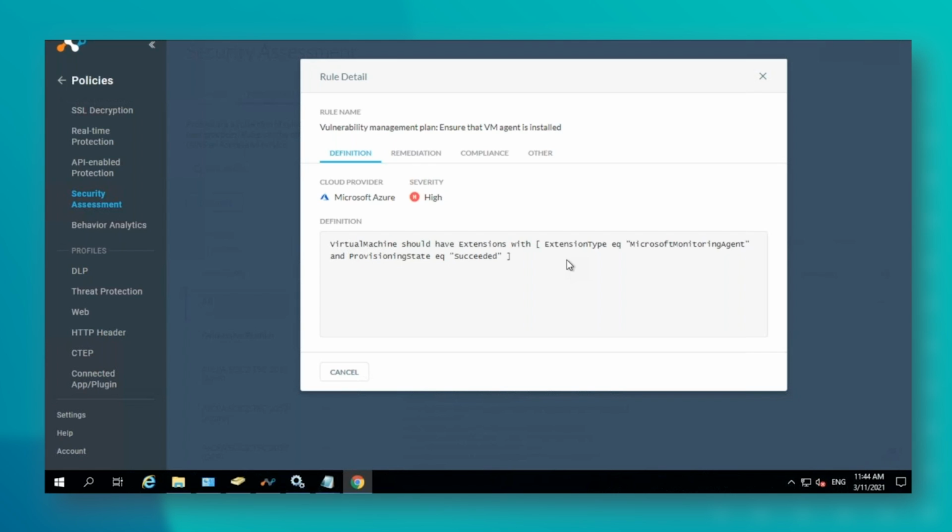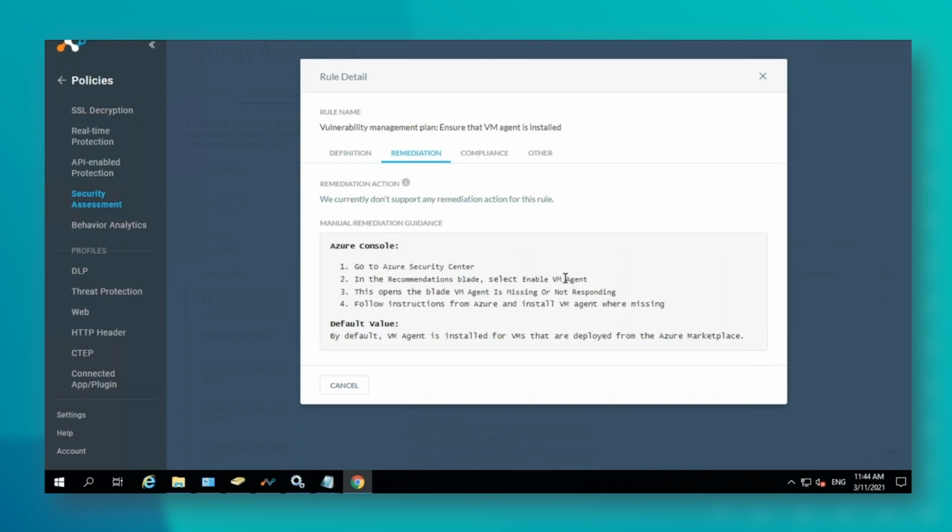It's going to be looking for, has this extension been applied to a VM? How do you remediate it? What steps would you take inside of this cloud instance to fix this issue? So they're giving you a way of checking for what the problem is, but they're also giving you the solution in a step-by-step method as to how to fix that particular issue.